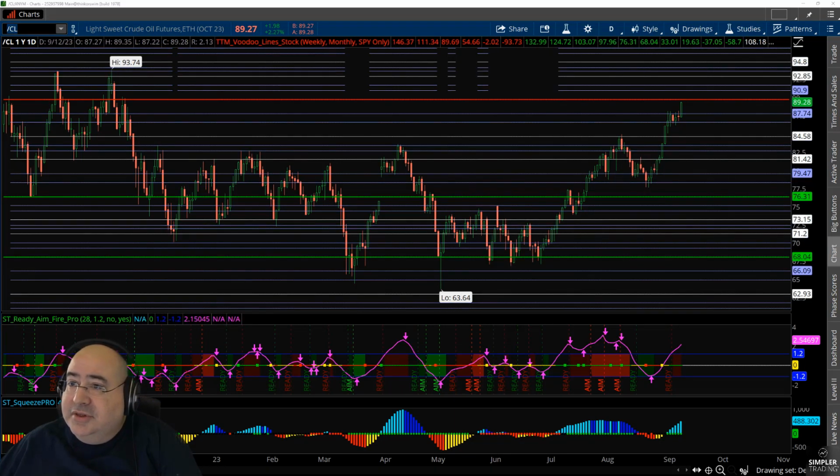Let me get my drawing tool going. Nice long squeeze here in crude, and it exits with a pro thrust, triggering you in. It was a little late. And another squeeze in here. I actually got this one long. Pro thrust comes in,